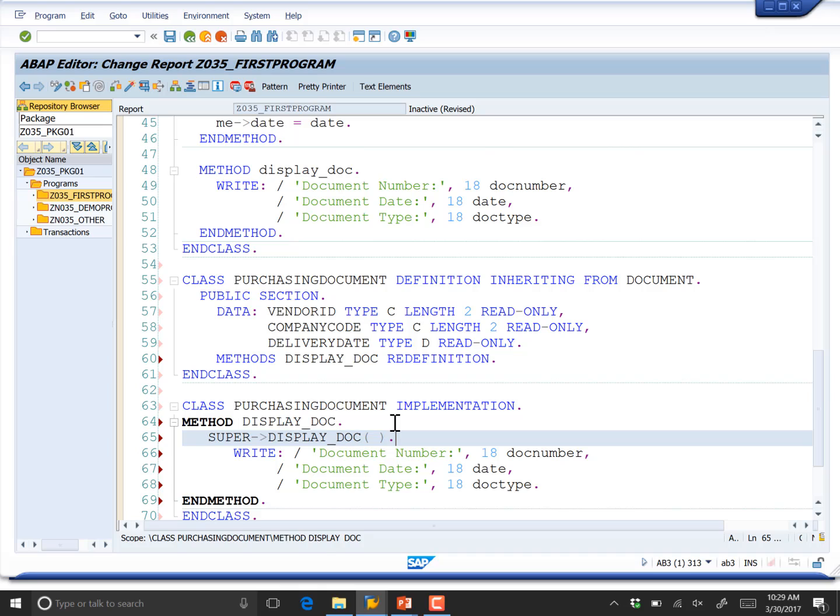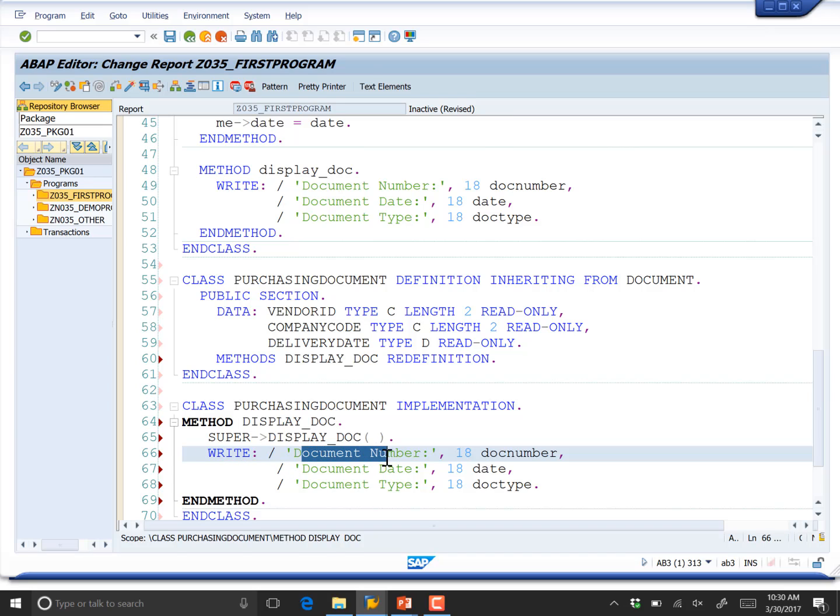And so this is going to result in the parent class's display doc method being called, which is going to write out the document number, the date, and the type. And then what I need to add on to that is code to display the vendor ID, the company code, and the delivery date. So this will be pretty straightforward. After I have my write statement, after I have the call to the parent, then I can come down here and say, okay, write out the